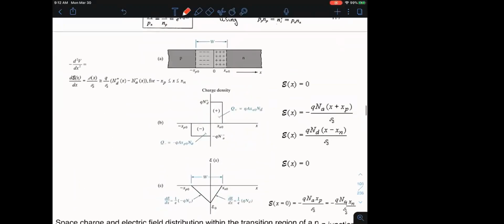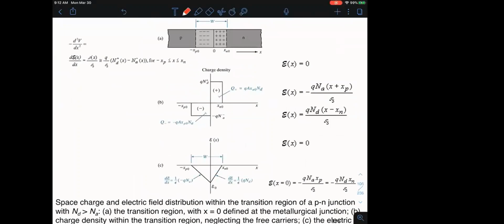We solved the problem a second way by looking at the Poisson equation, which is shown over here. The Poisson equation, which is one of the four Maxwell's equations, tells you that the divergence of the electric field is given by the net charge rho of x, which is a function of position x, divided by the dielectric constant of the semiconductor. Now, in general, the charges have